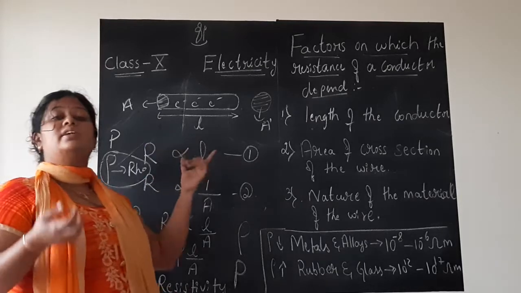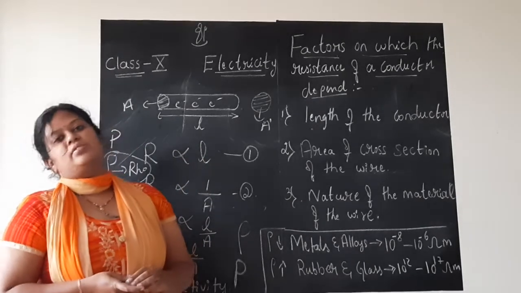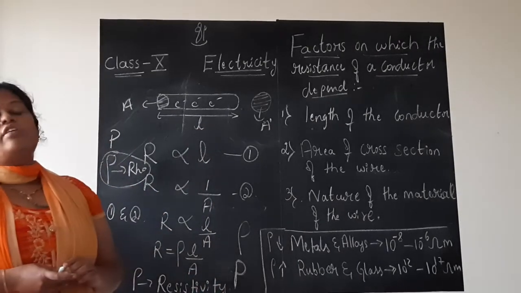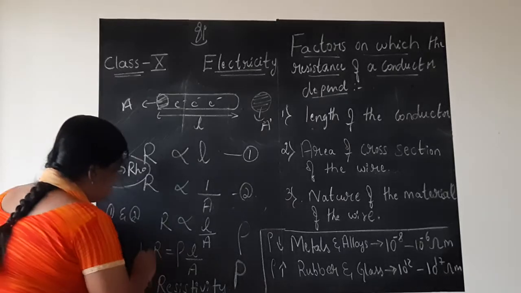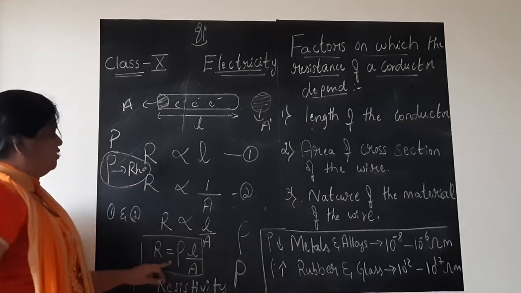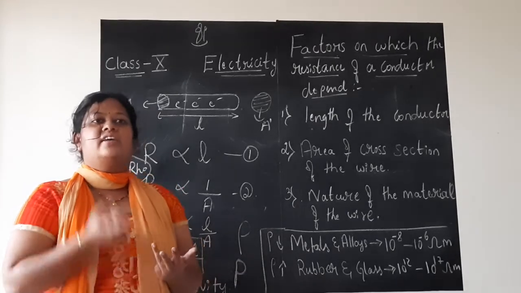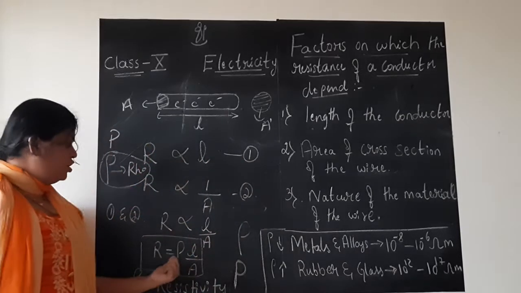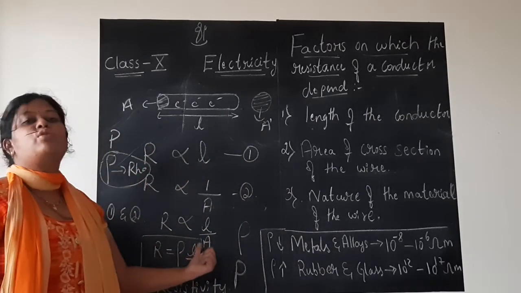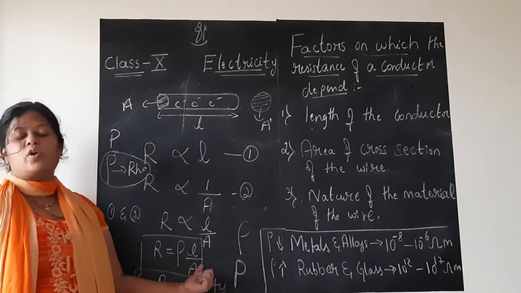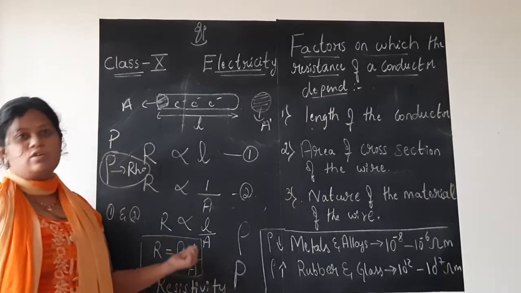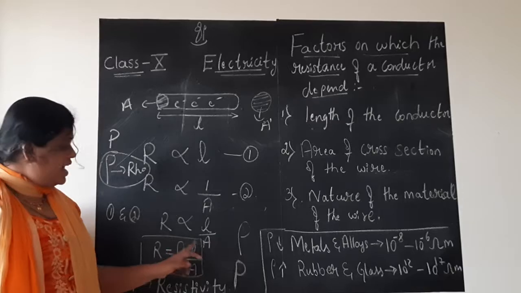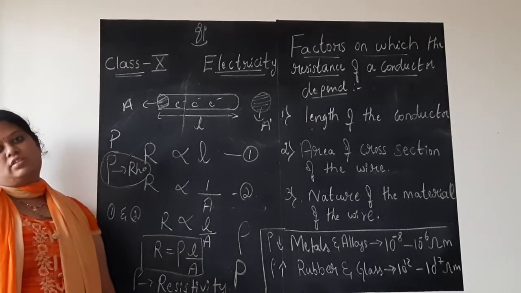Resistivity is nothing but the nature of the material of the wire we are using in the circuit. What is the unit of this resistivity? And this is a very important formula, one more formula we learned today. I is equal to Q by T, V is equal to W by Q. Next is Ohm's law, V is equal to IR. And one more new formula of this lesson is R is equal to rho into L by A. This is a very, very important formula as far as numericals are concerned, so please do remember it. R is resistance, rho is resistivity, L is length, and A is area of cross section.